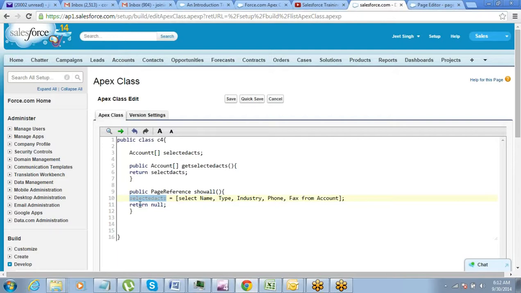Got it? If you want to perform some action and move away to some other page, then you should say return and then the name of the page where you wanted to move. If you want to execute this line and then return back to the same page, then you should say return null. So that is the thing.